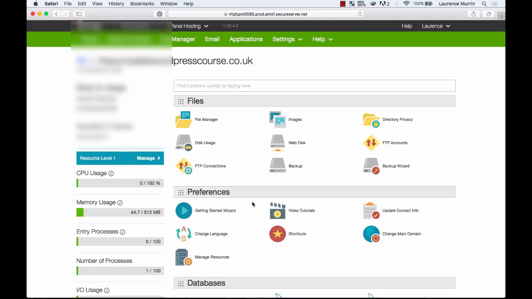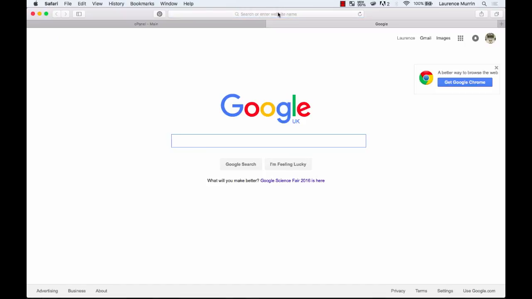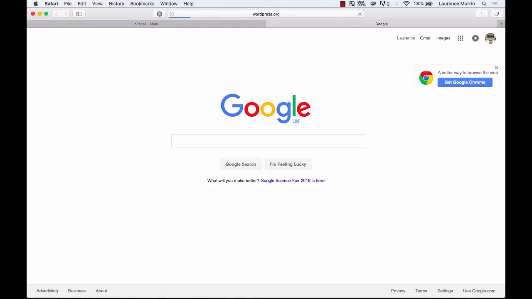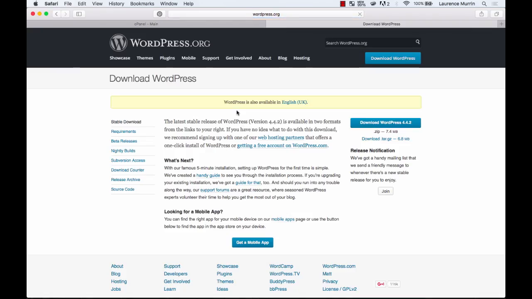And the first thing that you want to do is go to wordpress.org/download to download a copy of WordPress. And basically what this way of installing WordPress is going to involve is manually uploading the files, the WordPress package, to your web domain and then unpacking it and then creating a database user. So I'm going to download WordPress 4.4.2, which is the latest version at the time of making this video. So just click download